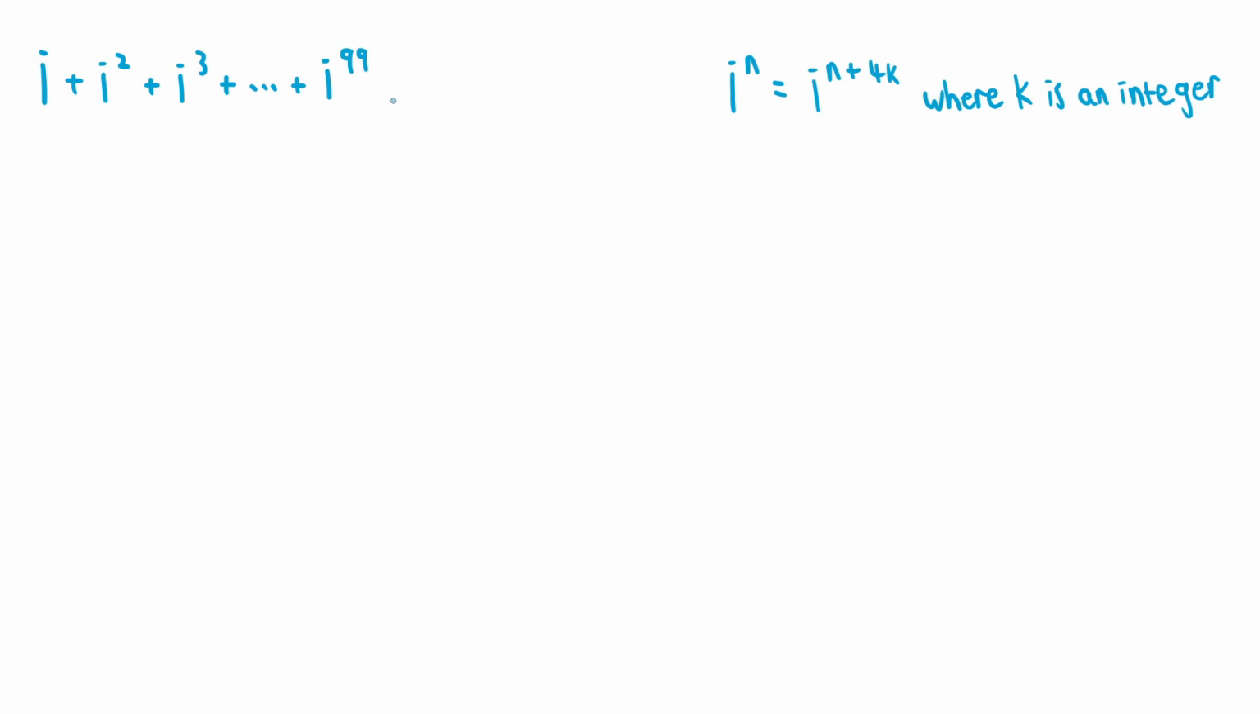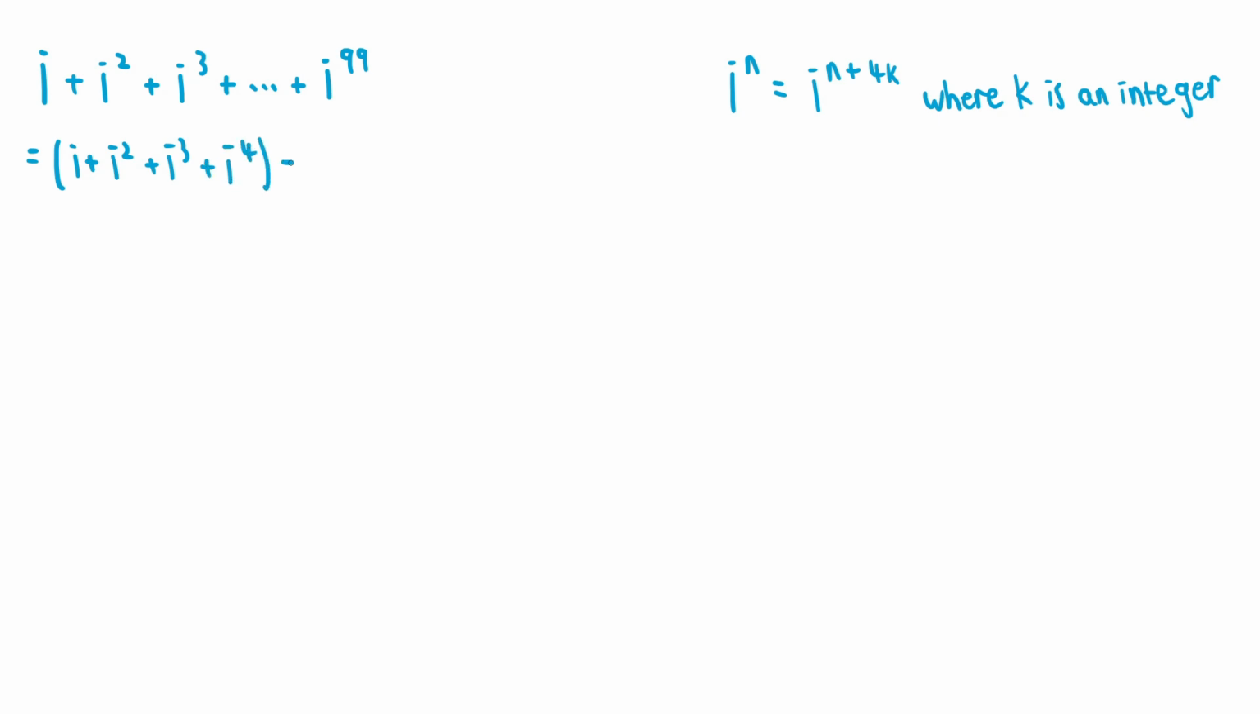The formula we need to use is i to the power of n is equal to i to the power of n plus 4k, where k is an integer. Since the powers of i with integer exponents repeat in cycles of 4, we should group all the terms together into groups of 4. So we can rewrite this as (i plus i squared plus i cubed plus i